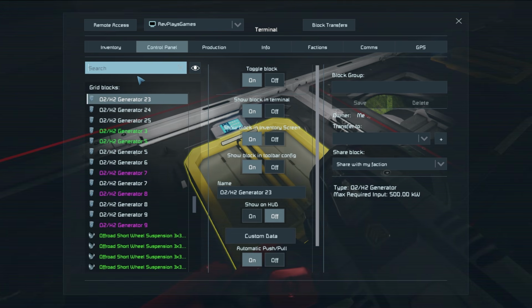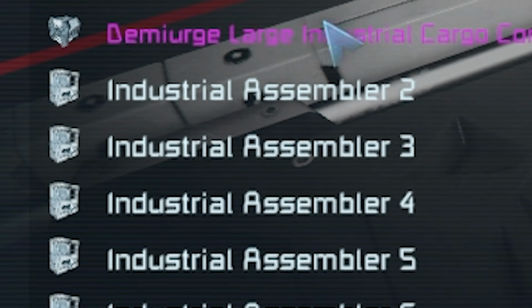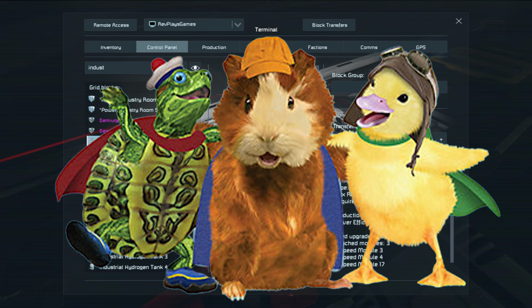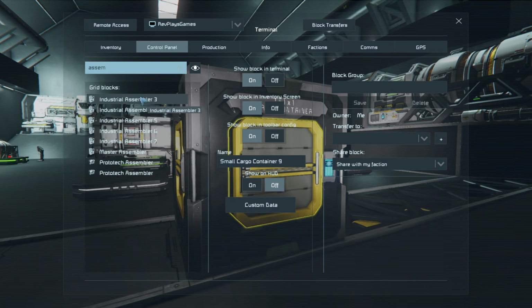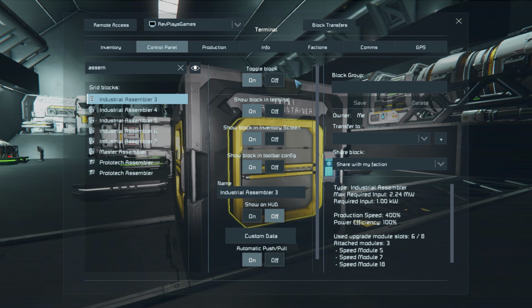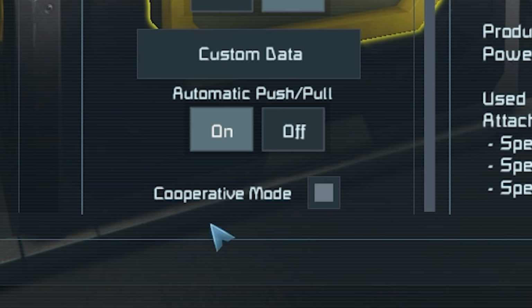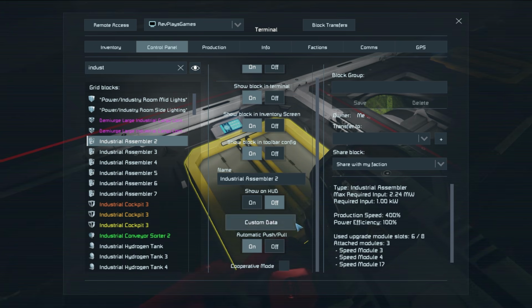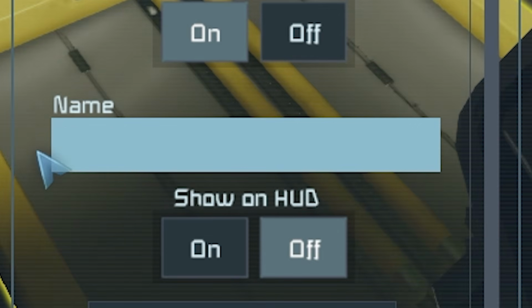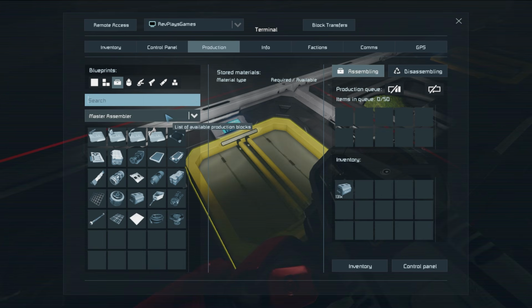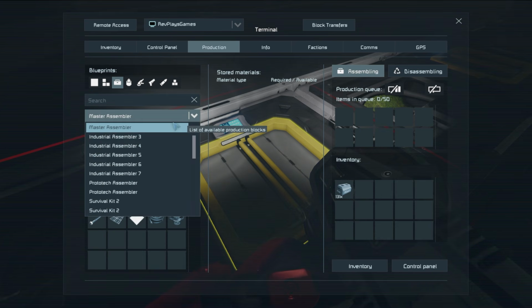One quick tip about production: if you have multiple assemblers on your grid, you can enjoy the power of teamwork and put the assemblers in cooperative mode. To do so, go back to the control panel, find your assemblers, and check the box that says cooperative mode. However, you want to leave one assembler with cooperative mode unchecked to serve as the master assembler. Rename it that if you want. Then in production, click the drop-down menu, select the main assembler, and start queuing whatever it is that you need